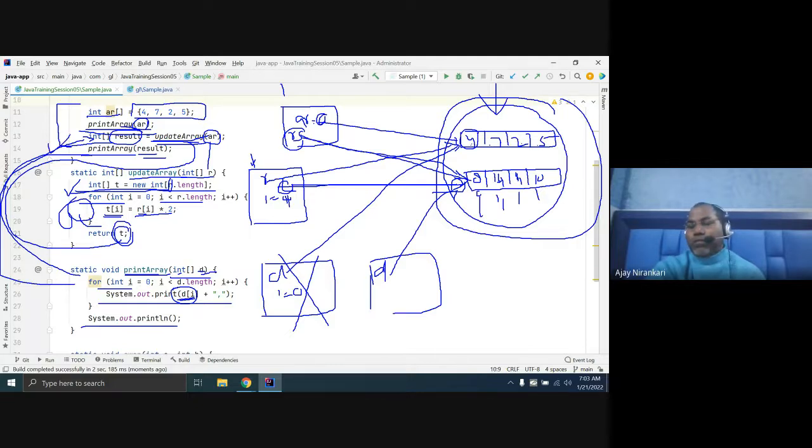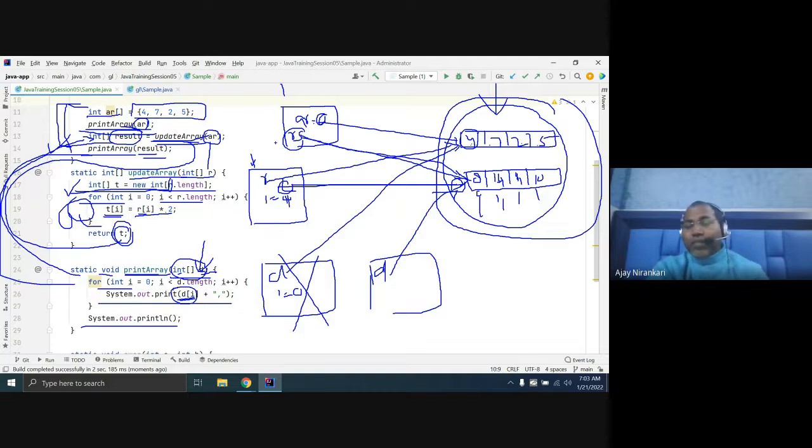So now is it clear why sometimes we are not returning the array? Because we already updated this input array. So here in this main method, we already get the updated array.